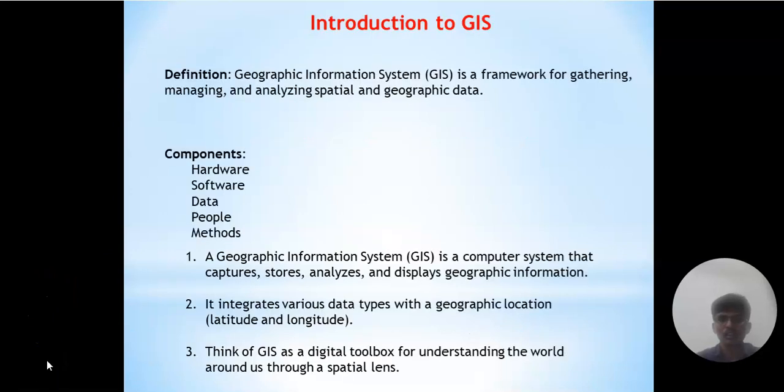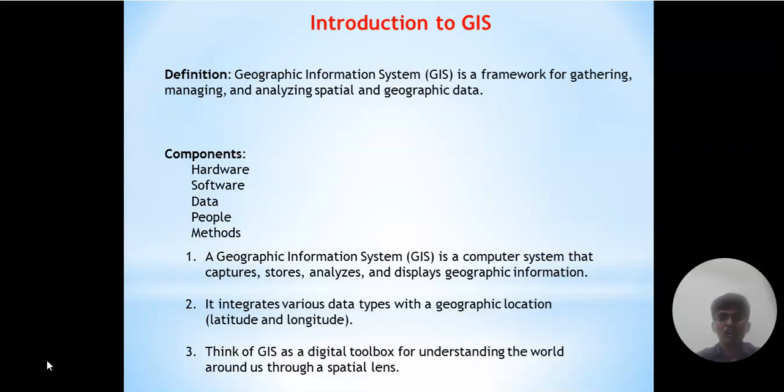Let's start with introduction of GIS. GIS is like a complex machine with several working parts. The hardware provides the computing power, the software acts as the control panel, the data is the fuel, the people are the operators, and the methods are the recipes that transform the data into useful information. Each component plays a vital role in ensuring the system functions efficiently and delivers